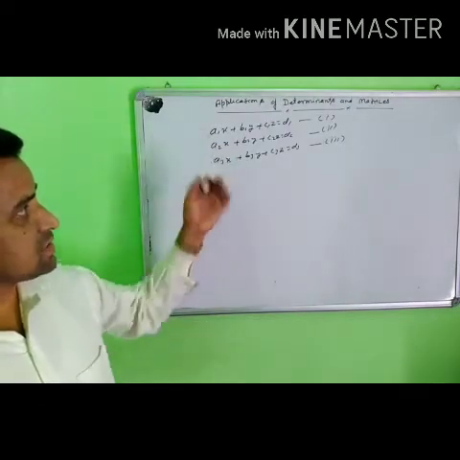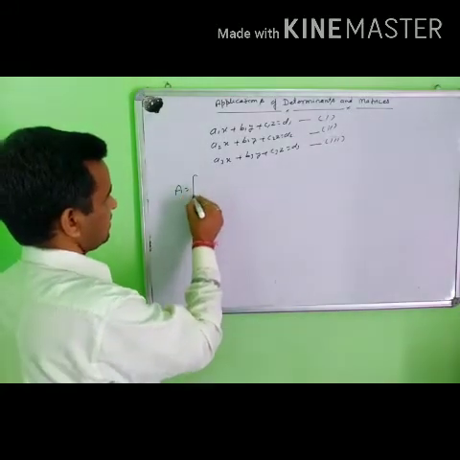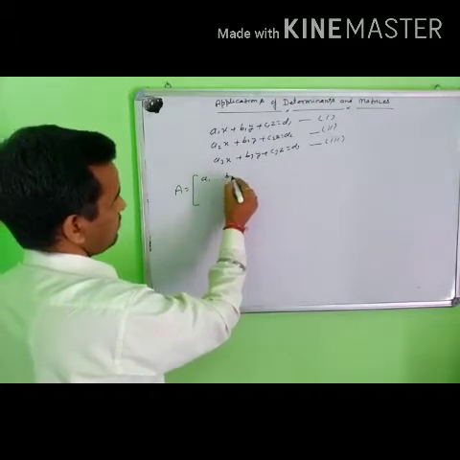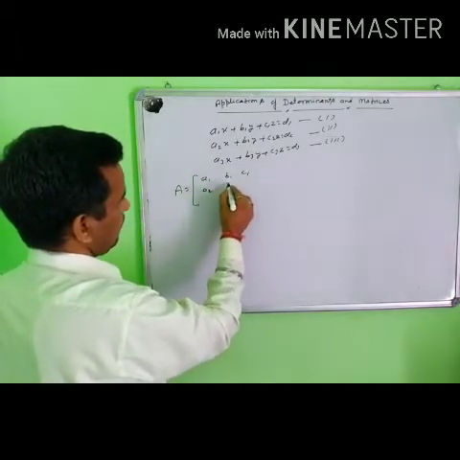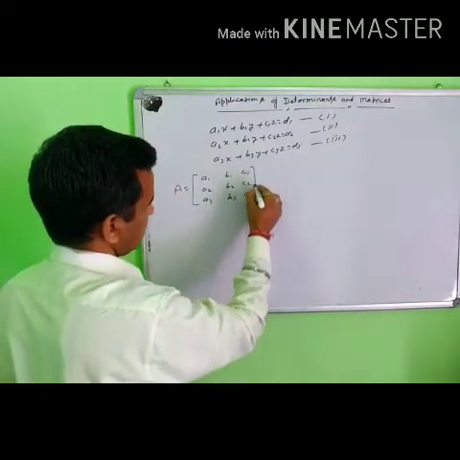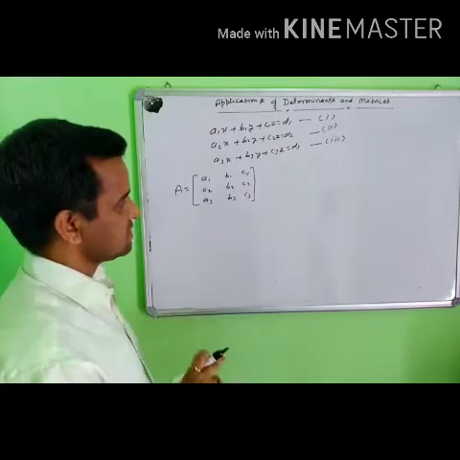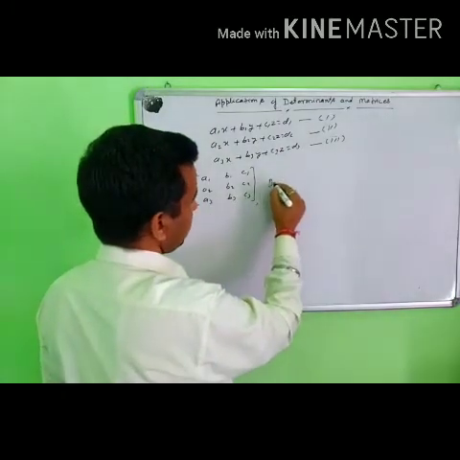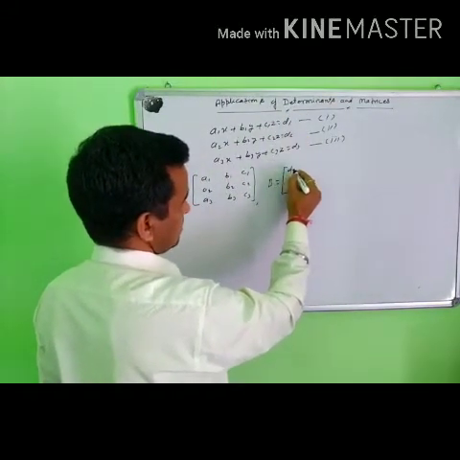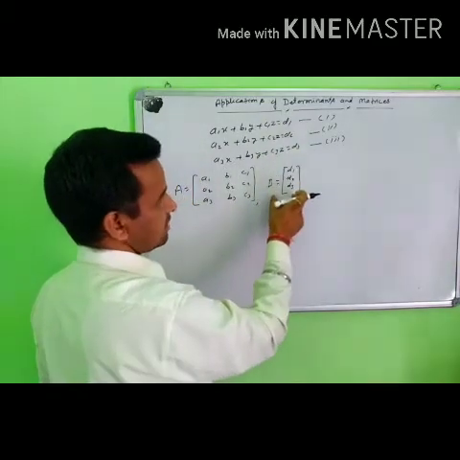First of all, convert these equations into matrix form. The coefficients of x, y, z, that is a1, b1, c1, a2, b2, c2, a3, b3 and c3, form your first matrix A, the coefficients of these linear equations. Second, we convert into matrix B. Matrix B is always the right side numbers, d1, d2, d3, all the values on the right side.